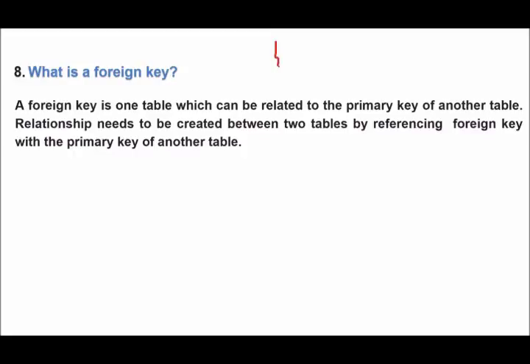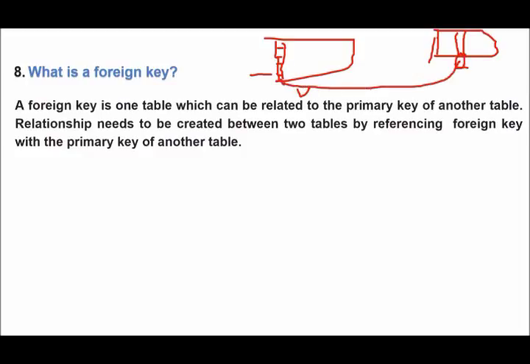Let me tell you what it does. If this is a table, and this is another table, and this is a column, the primary key of this table, say a social security number or Aadhaar card number. This is your primary key. Now this Aadhaar card number is present here also, somewhere here. For this table, this is the primary key, but for the other table, this is not the primary key. It has some other number as its primary key. But in this table, this column, which is the primary key of the other table, will be called the foreign key. This is just an example.